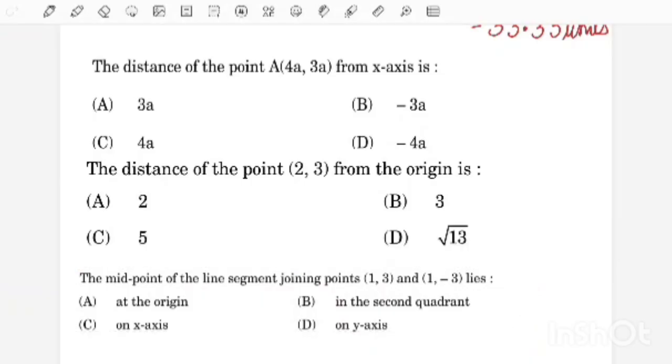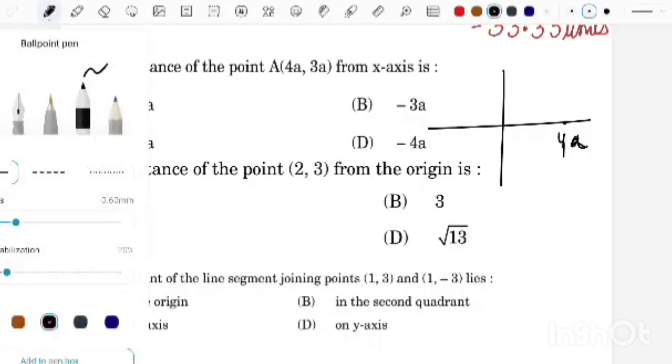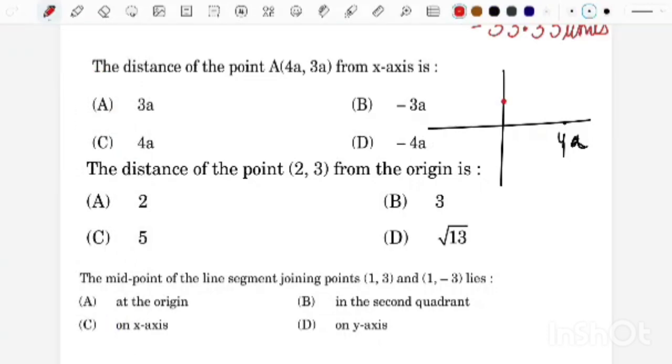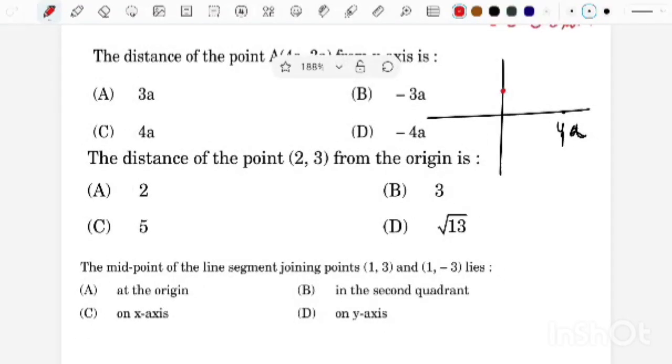The distance of the point (4a, 3a) from the x-axis. Suppose 4a is here, and 3a is here. When we plot (4a, 3a), we are here. This is 0, this is 1, this is 2, and this is 3. How many units are we away from the x-axis? 3 units,